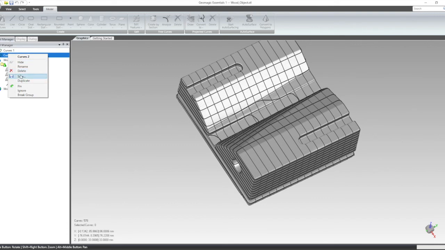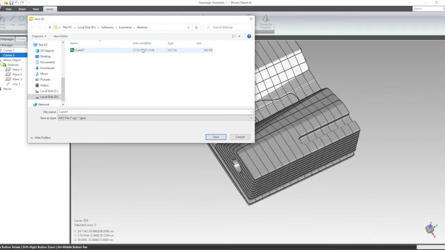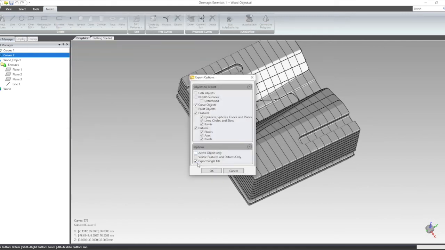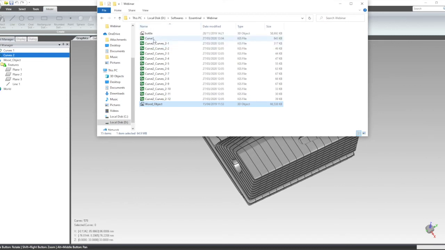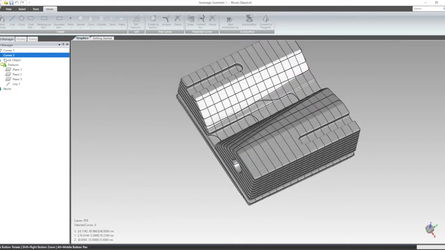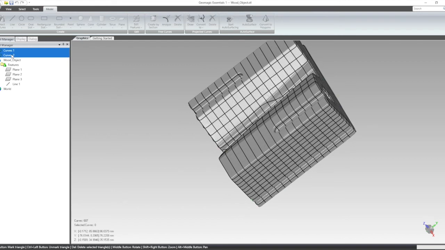same we do now here, save, IGES, here's one single file curve now, say OK, now curve 2, click save, and now I want to show you without, say OK. And we have a look now, so curve 1 is one file and the others are all separate files. So let's hide our curves,